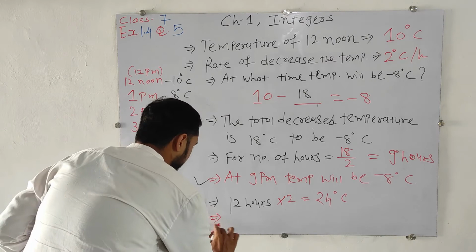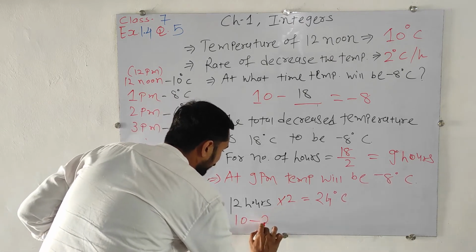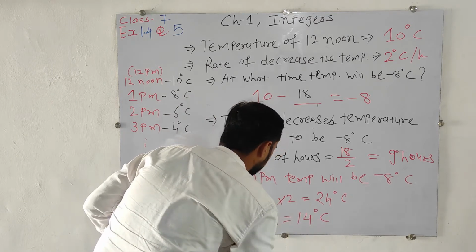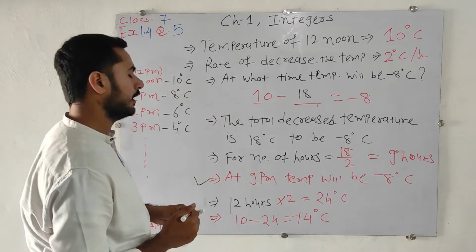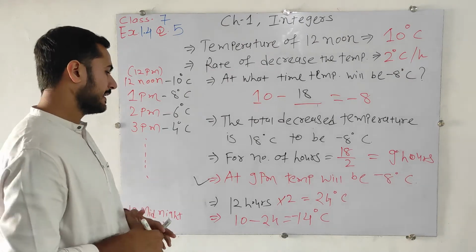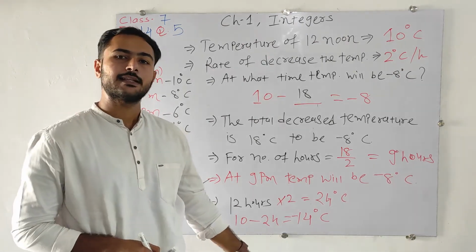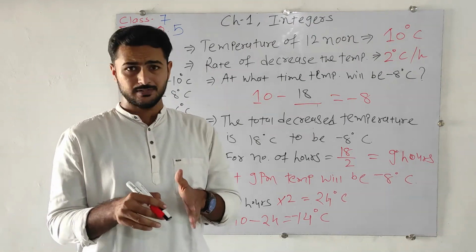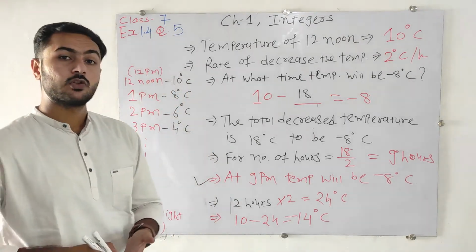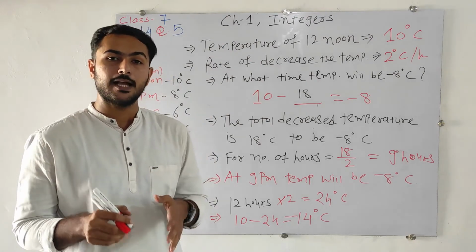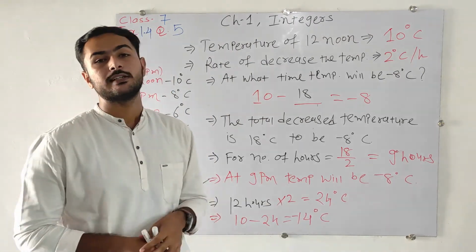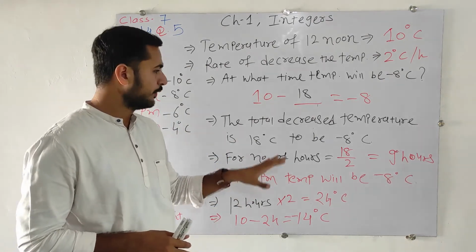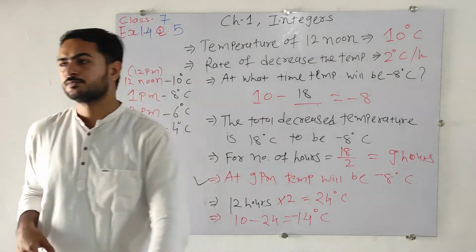So it can be written as 10 minus 24. So that is 14 degrees Celsius, and that is a minus sign, because plus minus minus. So our answer is minus 14 degrees Celsius, and that is for 12 noon. Sorry, not 12 noon, midnight. Okay. So at 12 midnight, the temperature will be minus 14 degrees Celsius. So here the question book 5 is done. Just pause the video and note it down.